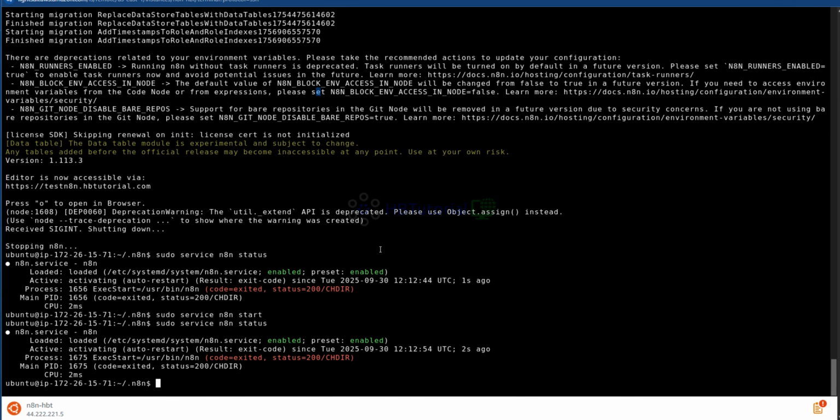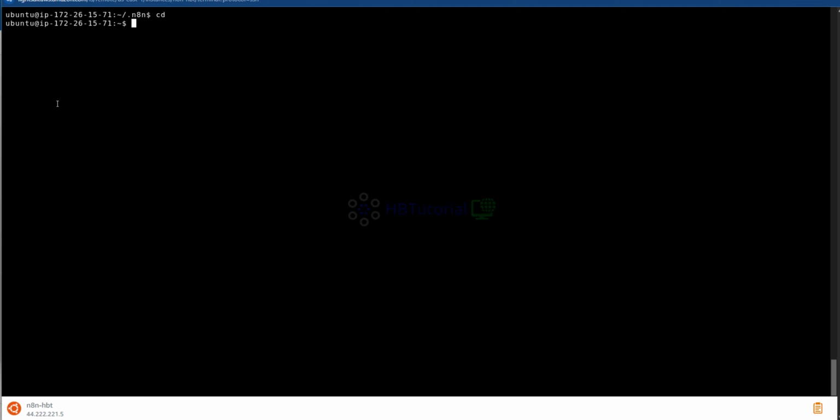So if I run the n8n alone, I think I have some issue on my systemd, so I need to verify what issue. So from here, I'm gonna update our systemd.